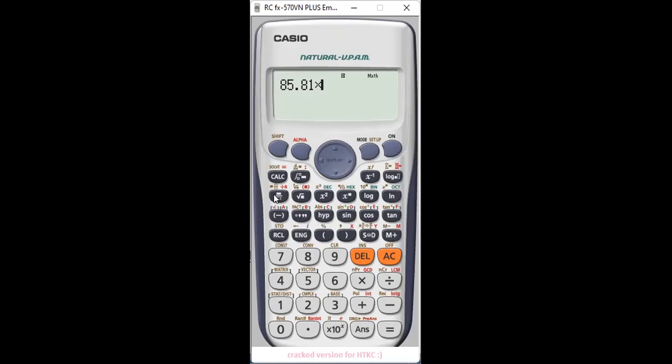Now we'll pick up the division sign. Here it is, a division sign. It is below the calculate button. Then we'll write down 1. Now we have to bring the cursor down the 1.